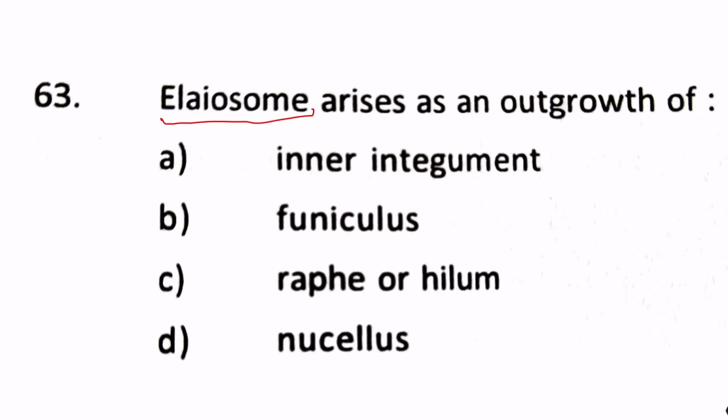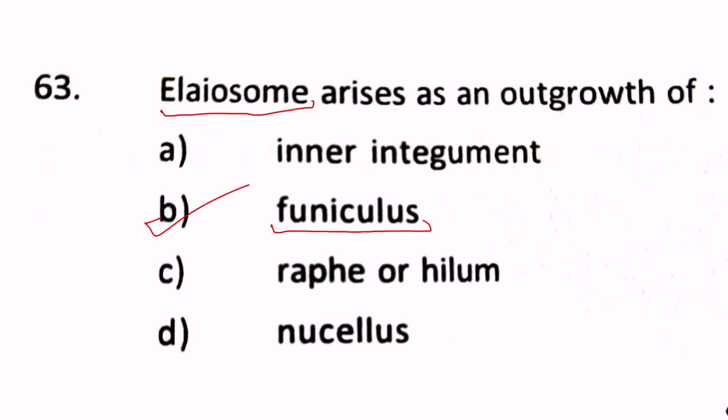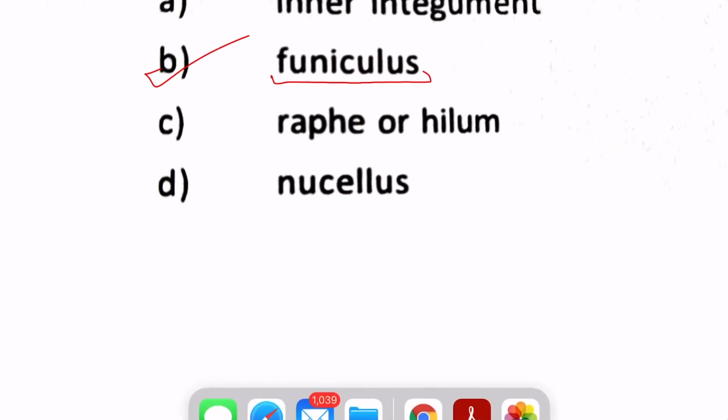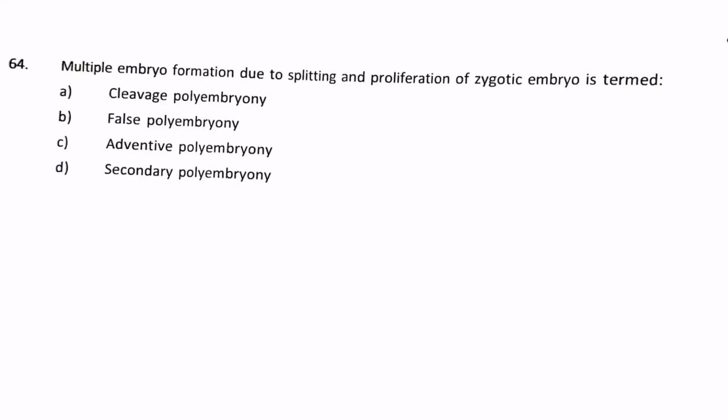Yeah, so that is actually an outgrowth from the funiculus. Our answer is number B. Okay, so 2016 ends here. Let's do 2017. Multiple embryo formation, but this time it's due to splitting and proliferation of the zygotic embryo is